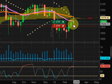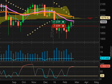So I see Monday as being a somewhat flat to slightly higher day. Very quiet day today. I don't really see any fireworks. Technically, I don't see any signs pointing to that. But one thing you got to note, and I'll pull it up now real quick, is the NASDAQ. The NASDAQ is not playing ball like the rest of the other markets. Its chart is a little bit weaker because it's